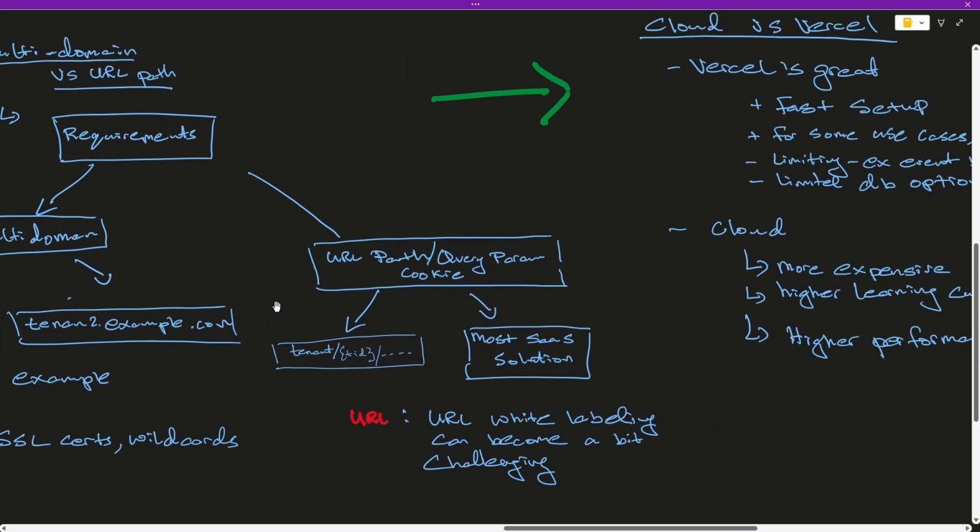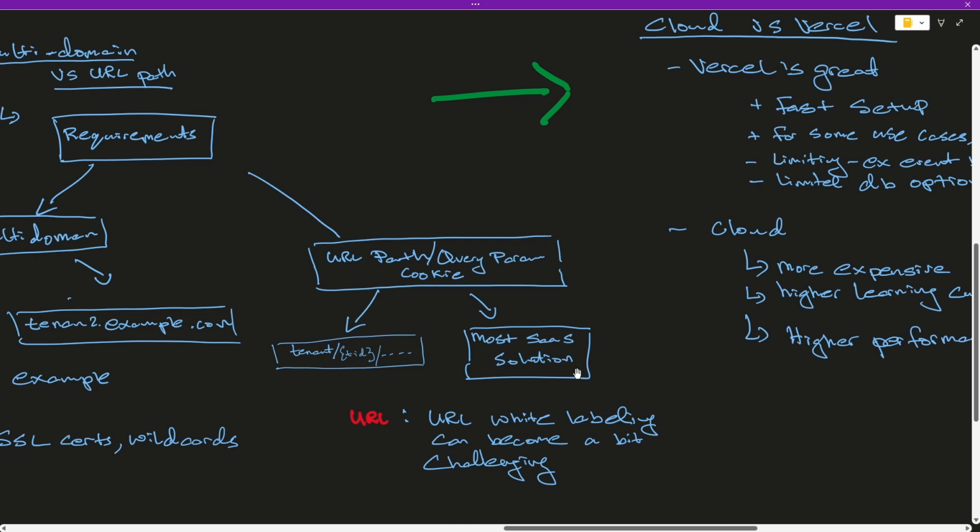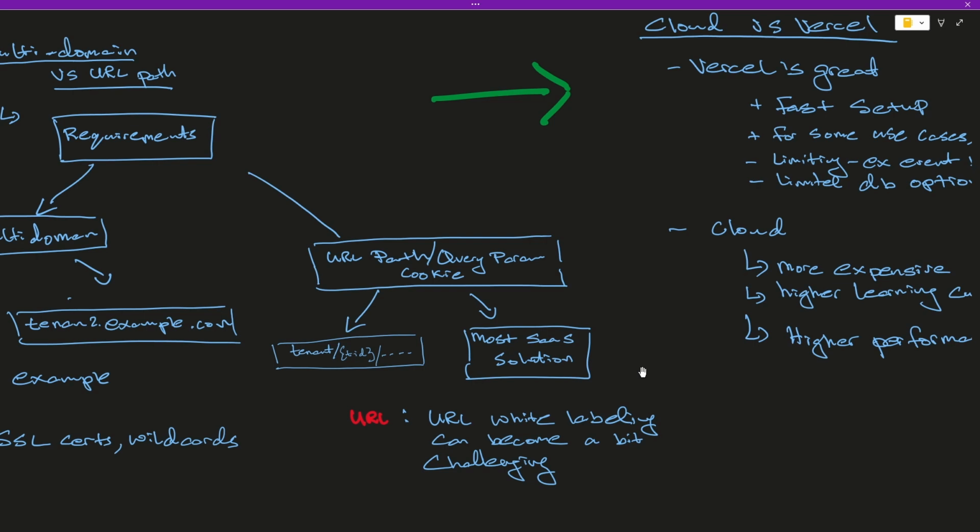The other solution is the URL path. So you might have noticed this as well. You might have example.com/tenantID, and off it goes, where you would have the further paths around this SaaS solution. Most SaaS solutions are like that, at least that's what I've noticed. It works well based on the URL. You can identify who that exact person is, and you can have your business rules inside your application to handle